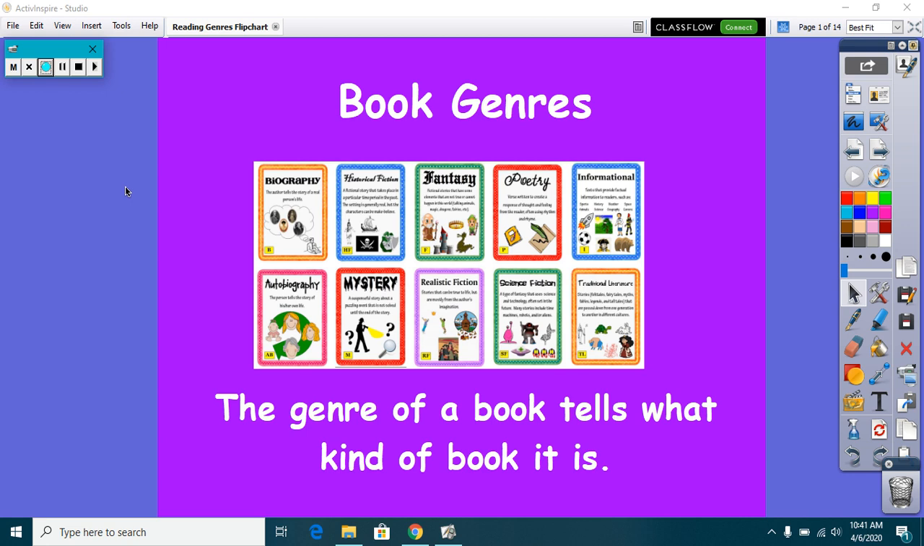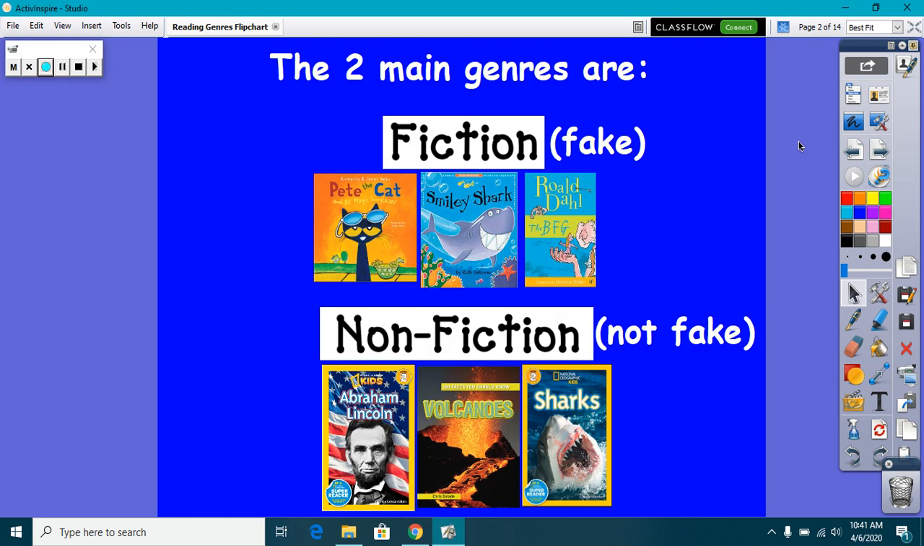So the genre of a book tells what kind of book it is. So book genres are just the different types of books that we read. So the two main book genres that there are, we already have talked about, and that would be fiction, which